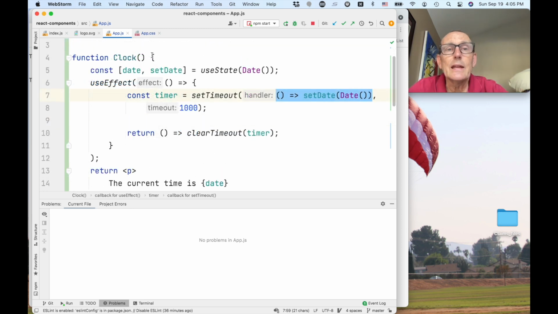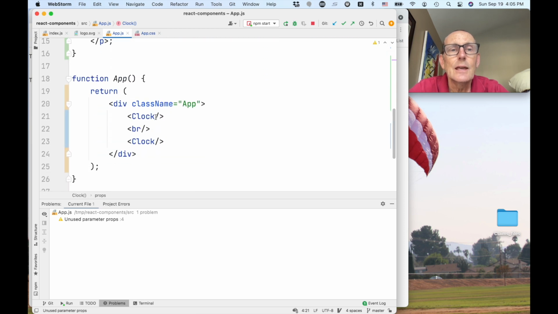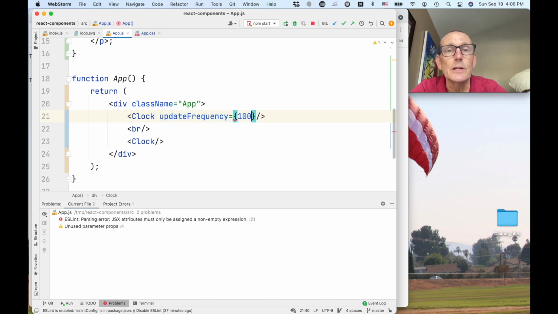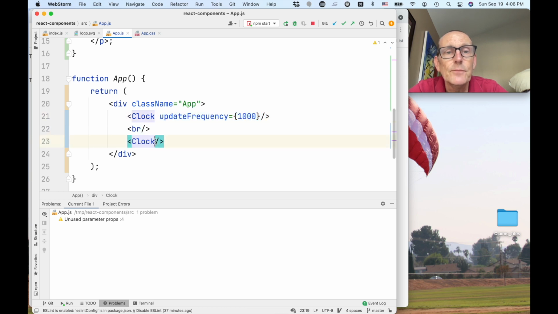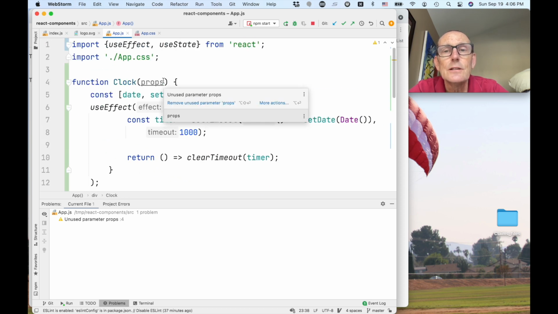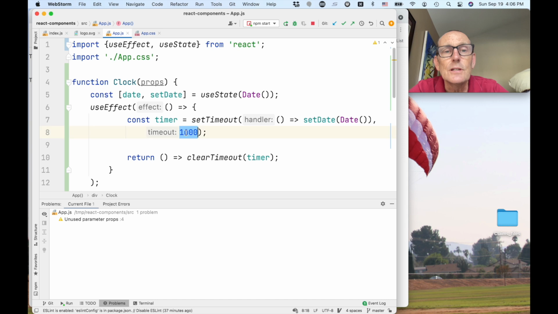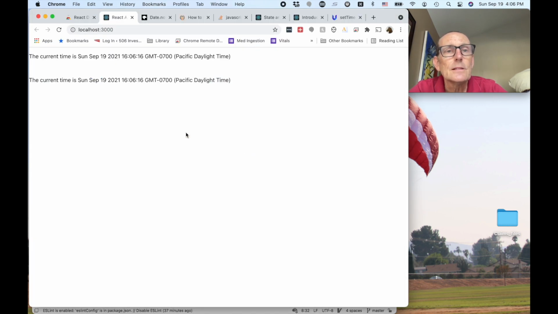Let's look at adding a property here, right? Let's look at actually adding an update frequency. So we'll update this one every second, and we'll update this one every 5 seconds. So props.frequency is going to tell us, so let's just change this, props.frequency. And let's look. So this is 12:06:16,